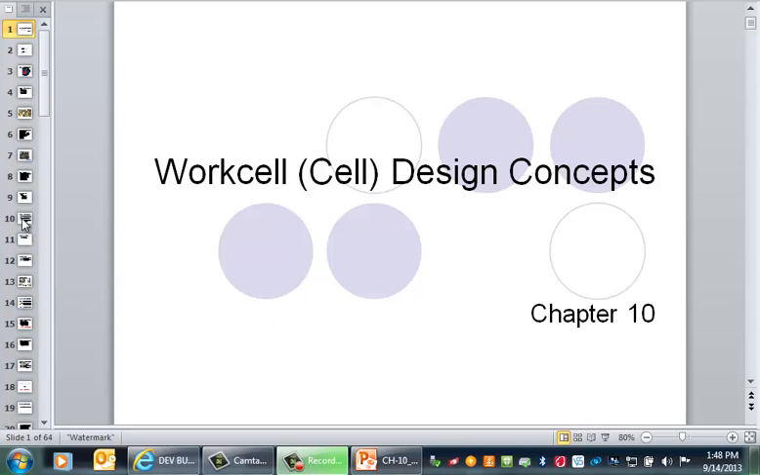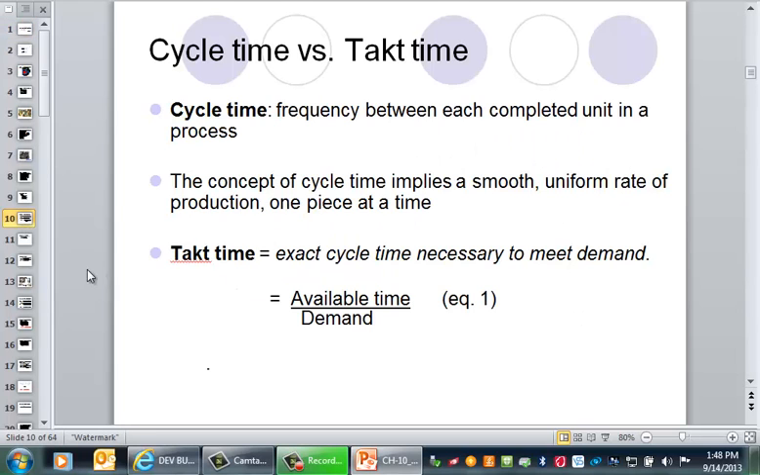Let's get started. In the PowerPoint that is provided, there are 64 slides, so there are a lot of slides, and some of them are just examples. But if you scroll through them, slide number 10 introduces the difference between terms that are very important in this chapter, and that is cycle time and takt time. Cycle time is the frequency between each completed unit in a process. So if we're creating a unit,